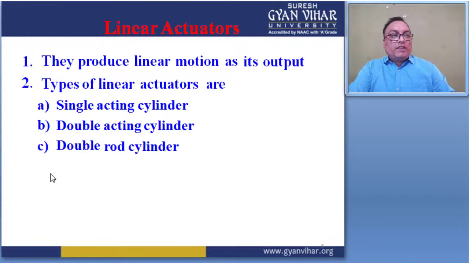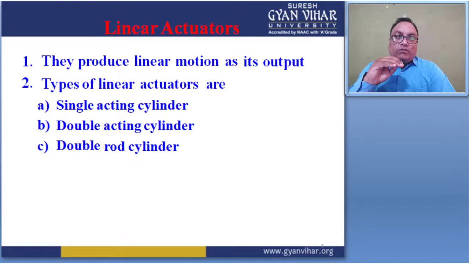If I am talking about linear actuators, a linear actuator produces linear motion as its output. This is very useful in different kinds of applications like cup drying and lifts. A linear actuator is an actuator that creates motion in a straight line. It always produces motion in a straight line.